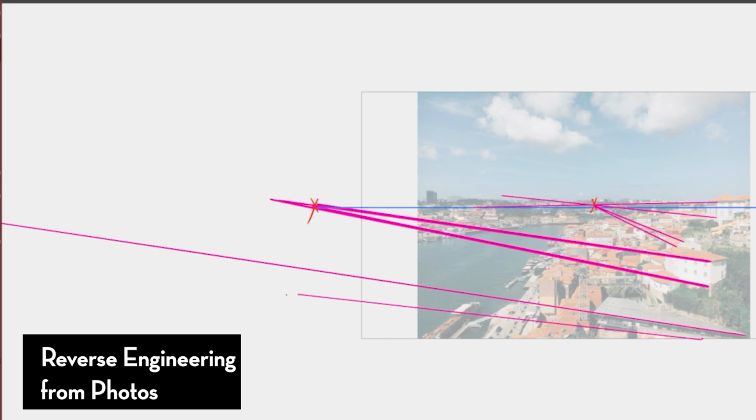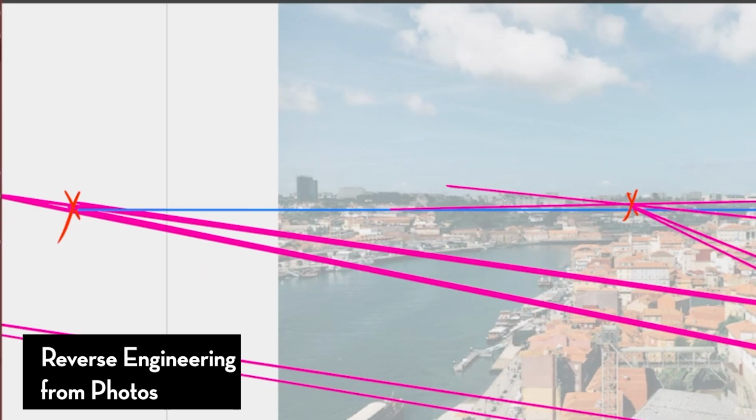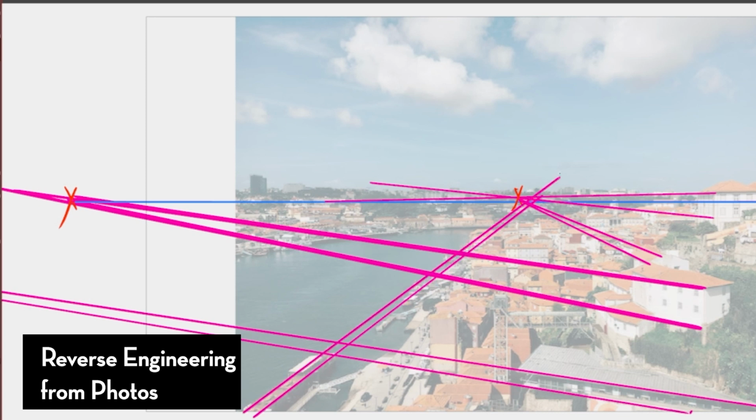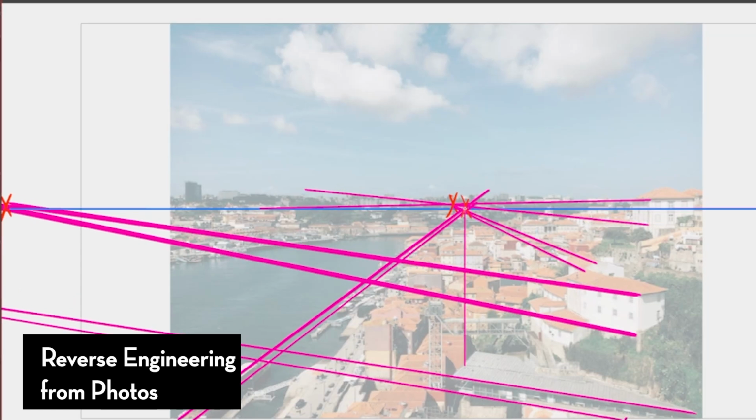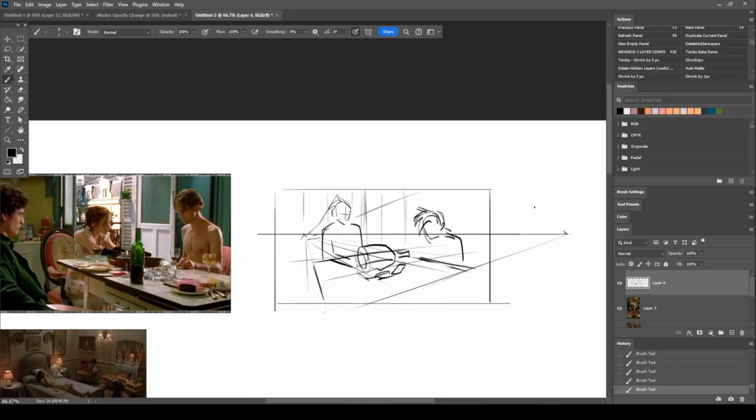But look, in an image like this, there's a lot of different sets, surfaces, and walls and buildings that are all angled differently from each other. They all have their own different vanishing point. And some of these buildings might actually share the same vanishing point. But look, the thing that I wanted to get across is it's about just knowing the horizon line, the vanishing points, grid lines, and how it all works.